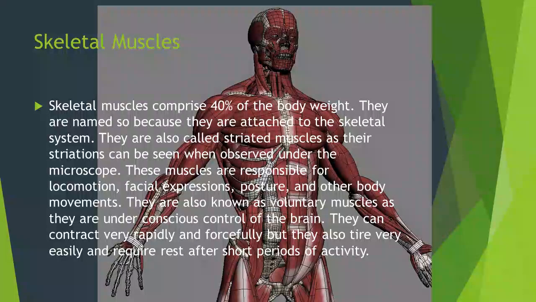Skeletal muscles. Skeletal muscles comprise 40% of the body weight. They are named so because they are attached to the skeletal system. They are also called striated muscles as their striations can be seen when observed under the microscope. These muscles are responsible for locomotion, facial expressions, posture, and other body movements. They are also known as voluntary muscles as they are under conscious control of the brain. They can contract very rapidly and forcefully, but they also tire very easily and require rest after short periods of